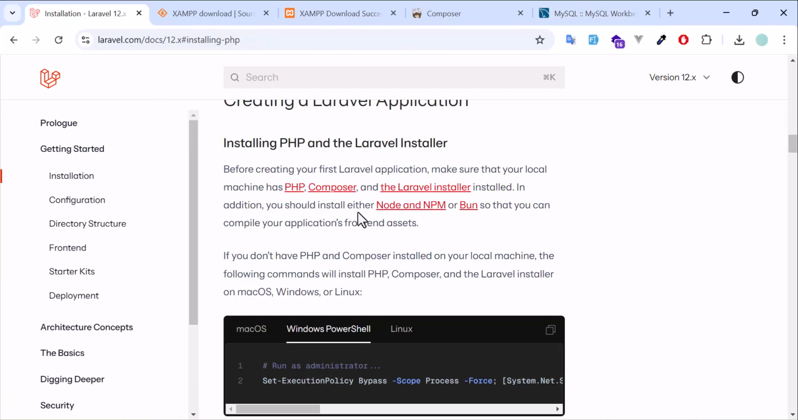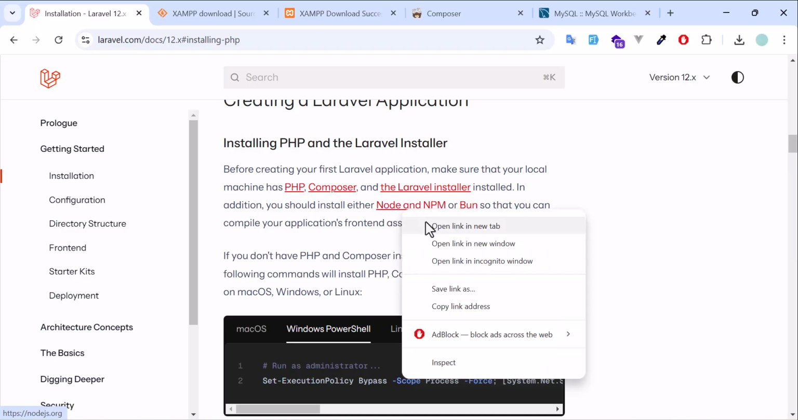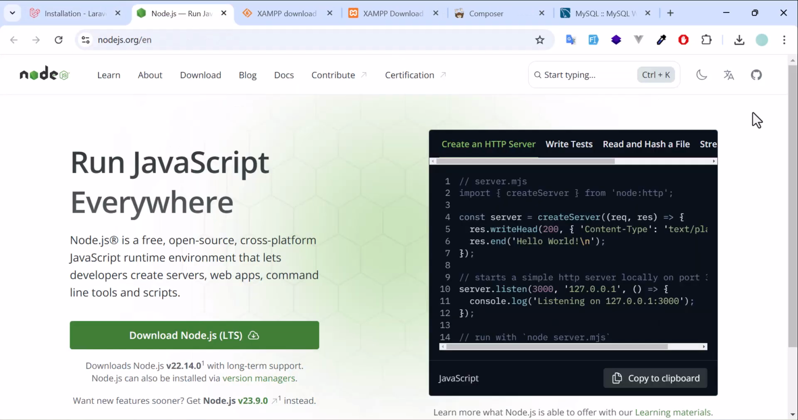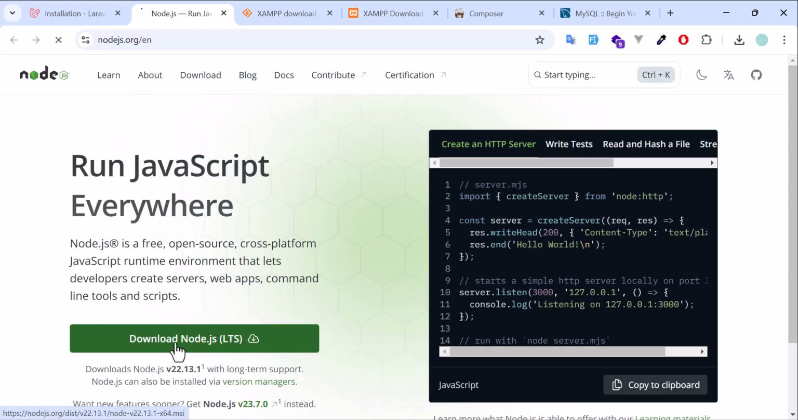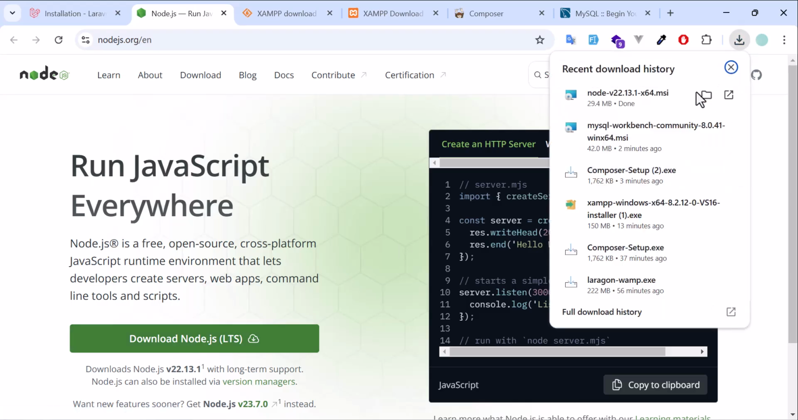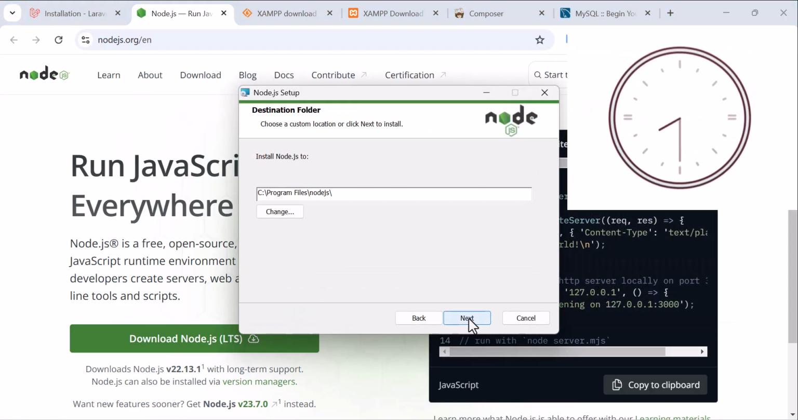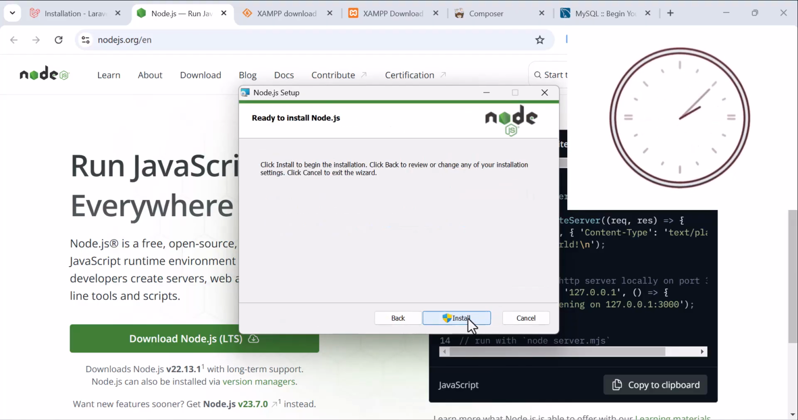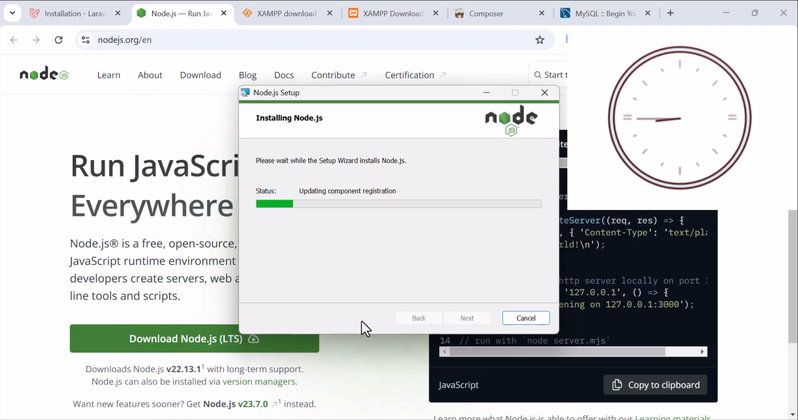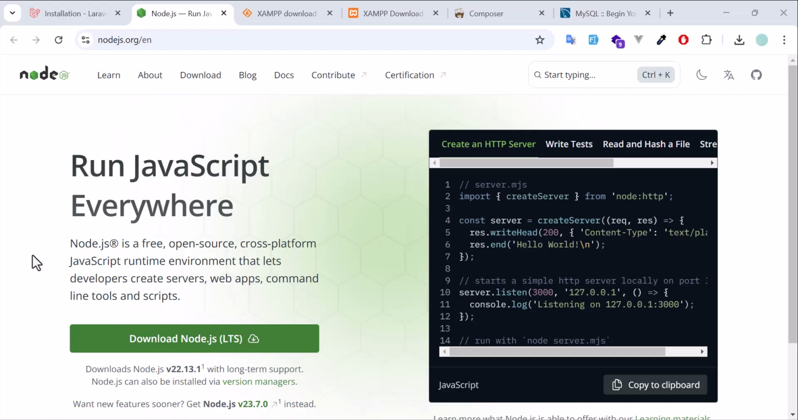Now let's go in here for our front end. We also need Node and NPM. So we are going to install this one and download Node.js also. Okay, let's download this one, install this one as well. Now, finally, all the tools that are required to run our Laravel application are done, but we also need